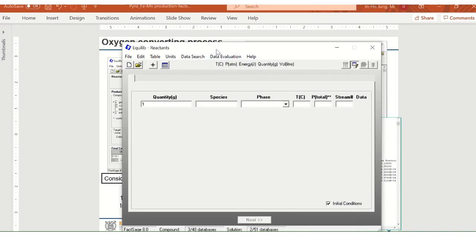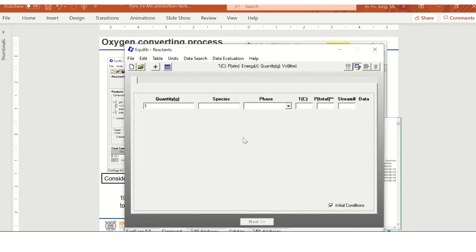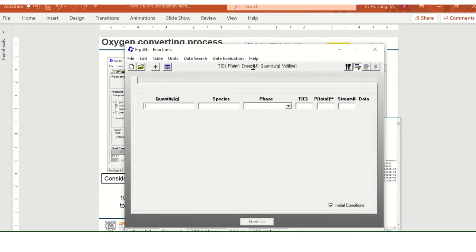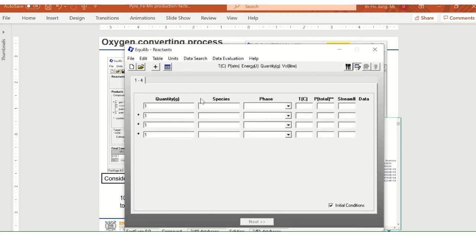So for that, let's start to enter the species like this here. I'm just keeping the same database selection as before, and then same unit as before, and I'm just simply entering species here. So first one was the oxygen and CaO and the MgO, and the oxygen I'm using a variable, okay, and then CaO I'm using another variable or constant where we can set in the factory 0.8 B and then 0.2